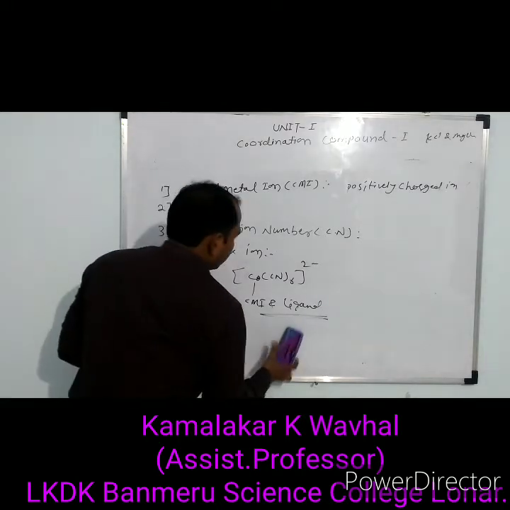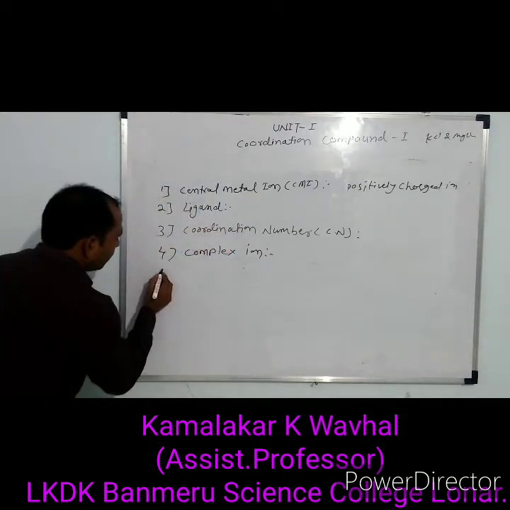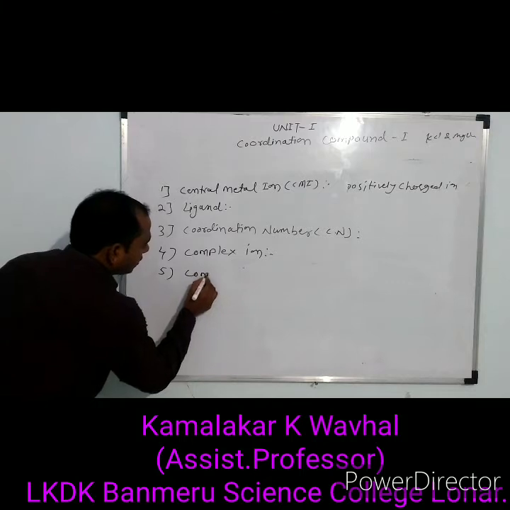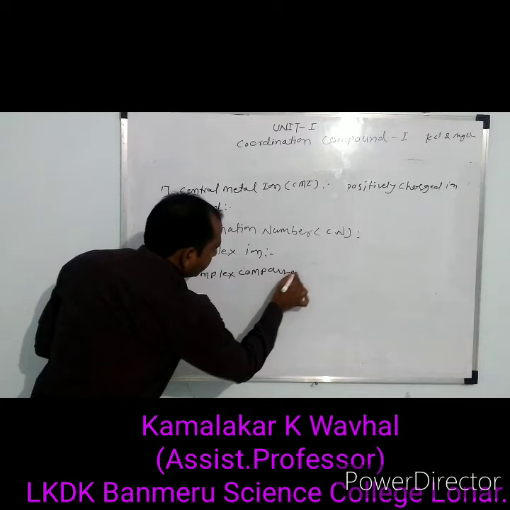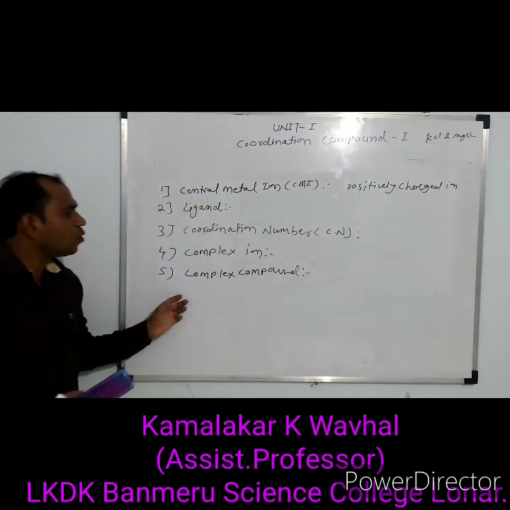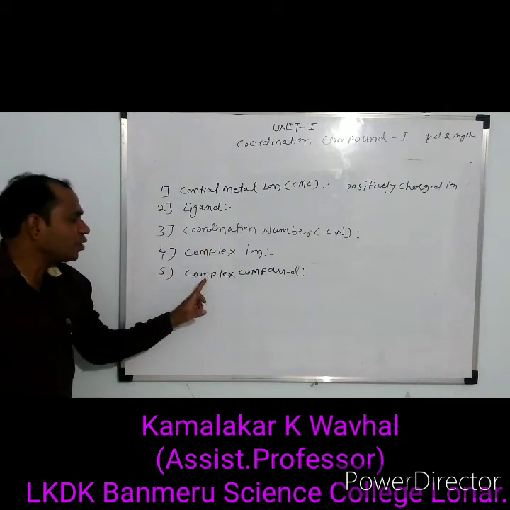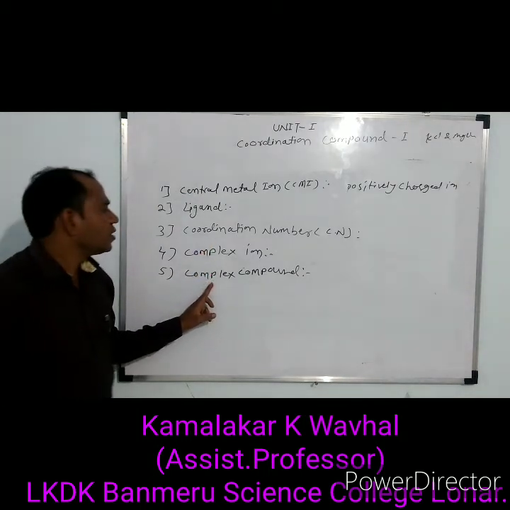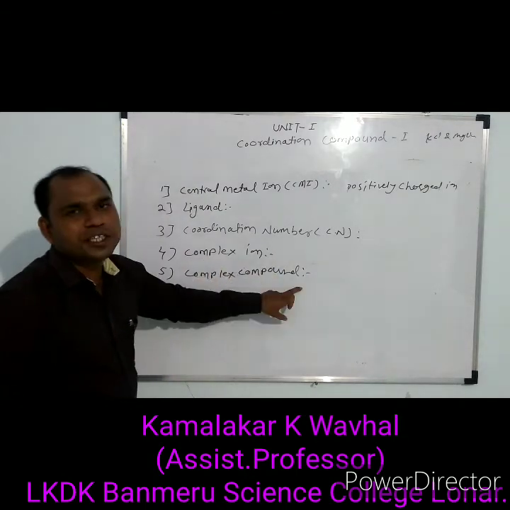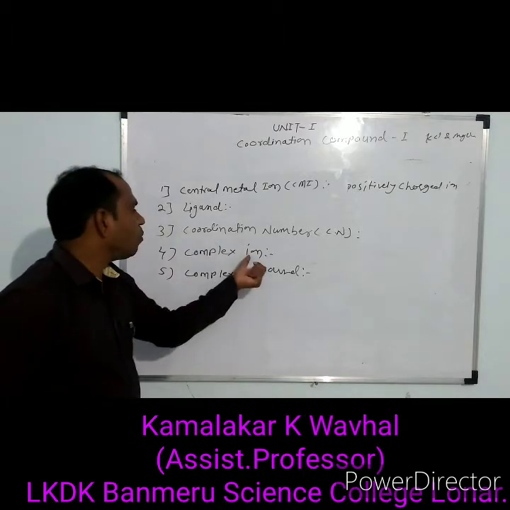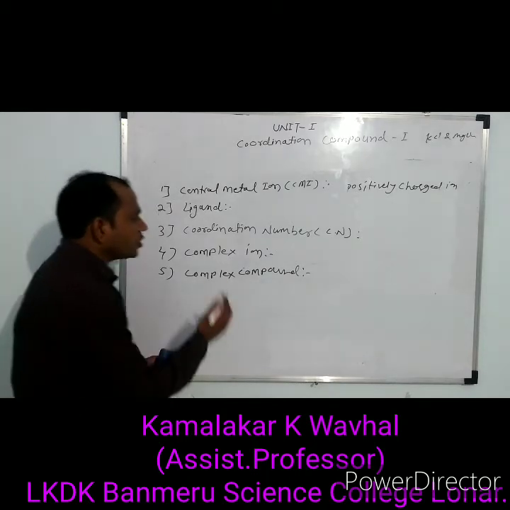The next definition, the fifth definition, is the complex compound. What is meant by complex compound? The compound in which the complex ion is present, that type of compound is called the complex compound. Very simple. For example,